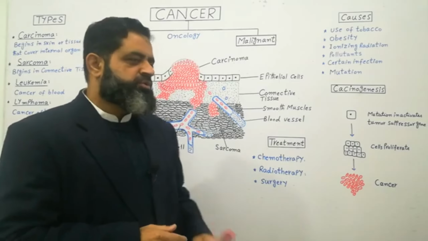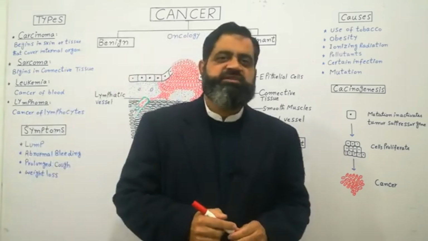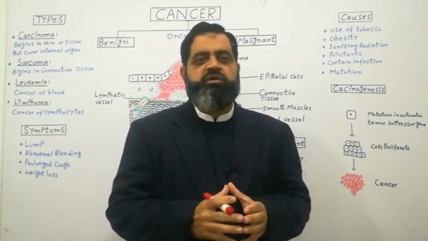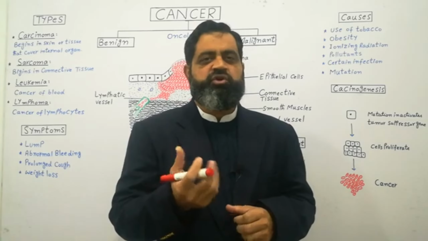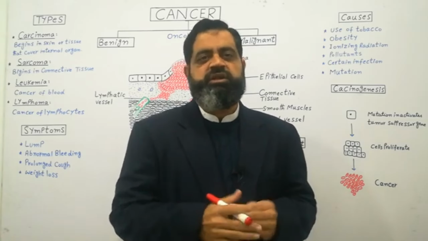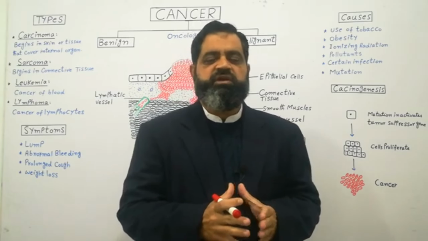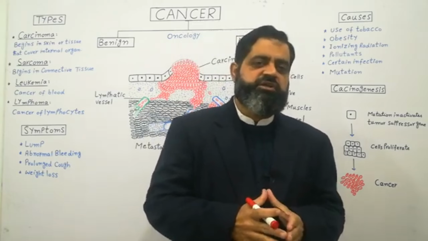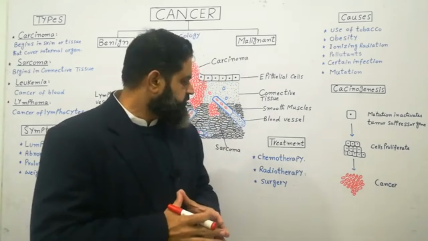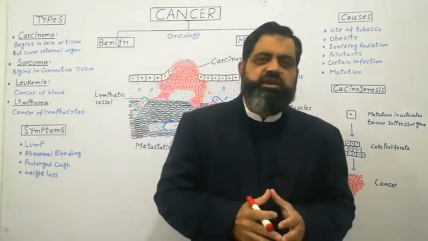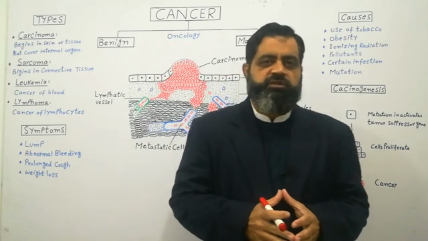It is also possible to remove the cancerous cells by surgery, but as you know, cancer can spread like the roots of a tree or like the legs of a crab all over the body. You have to be very careful to remove the tumor from the body, because even if a small part of the tumor remains inside the body, it can start spreading again. But some tumors can be removed by surgery, and such operations have been done successfully by surgeons. Alternative medicine can also be used to treat some types of cancer.